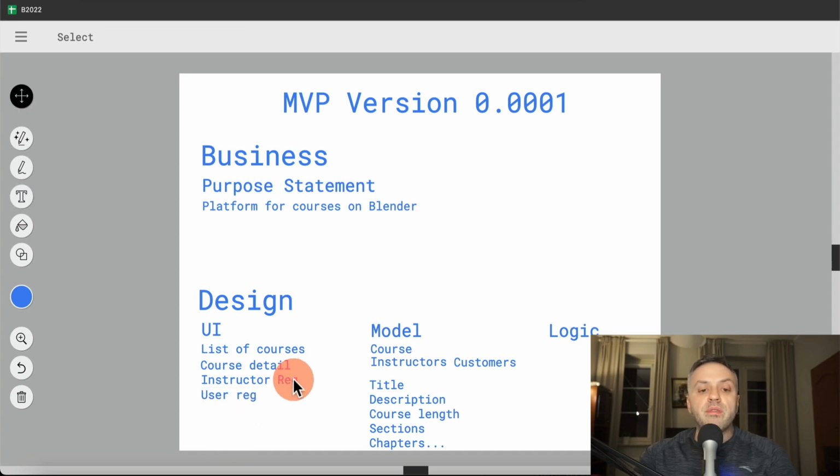So I will go even further, and I will say that instructor registration could be done manually. They can just email you and you can just do it manually. User registration needs to be done because users are not going to email us. Instructors, the business providers, will always wait. They're patient. Users are not. If a user cannot register, they're not going to email you.